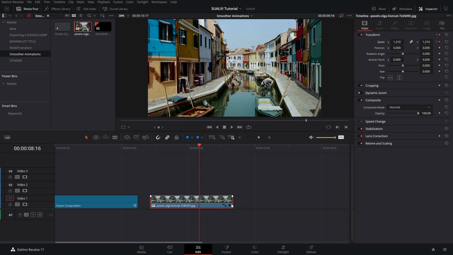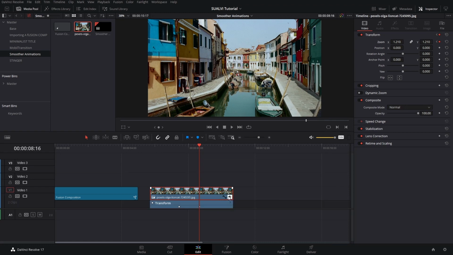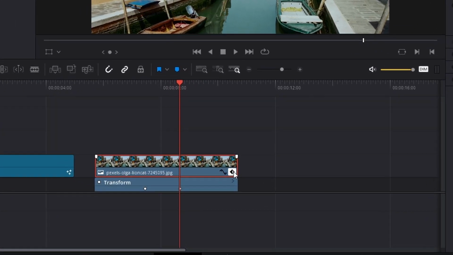This is the key for smoother animations in DaVinci Resolve or in any software pretty much. There's a few different ways of doing these or animating things in Resolve. In this case, I'm doing it in the edit page. If you click here after you add the keyframes, this is not gonna show up if you don't have any keyframes. Okay, after you click these, you will see these 2 points and you can actually right click after you